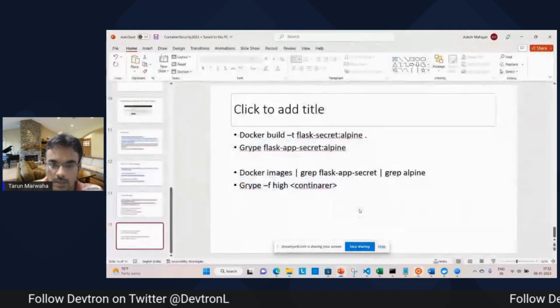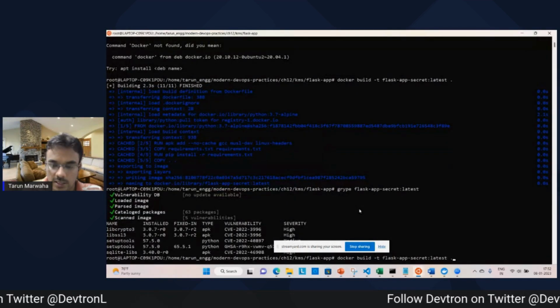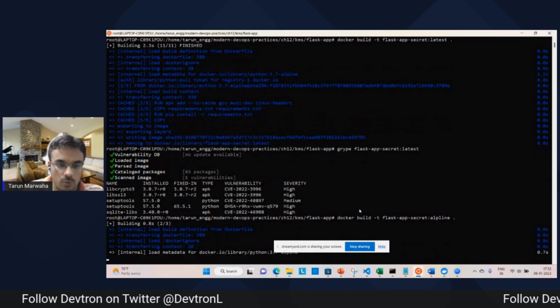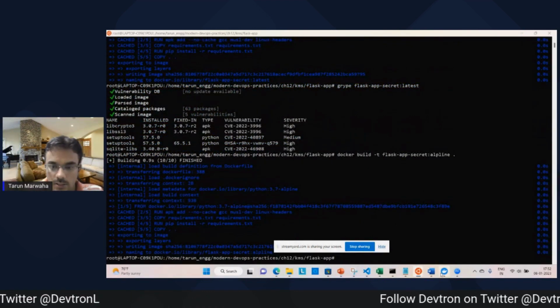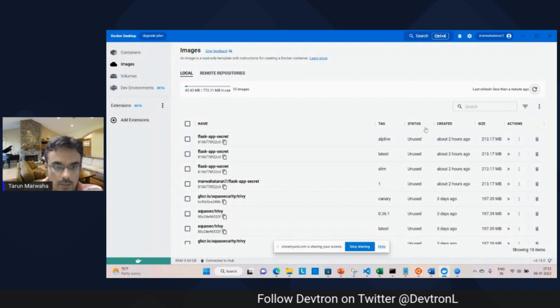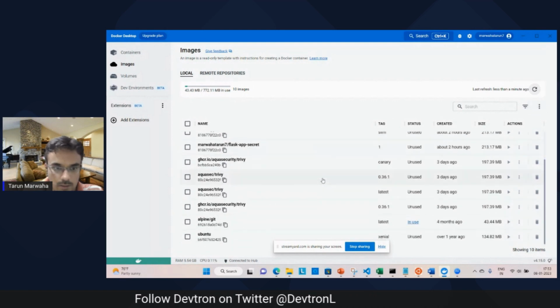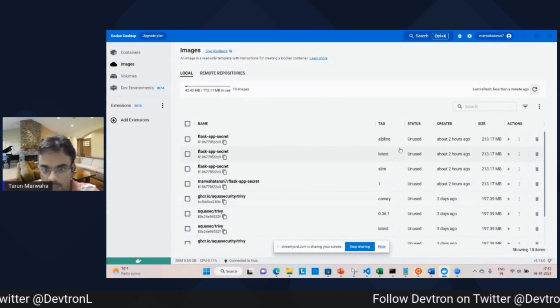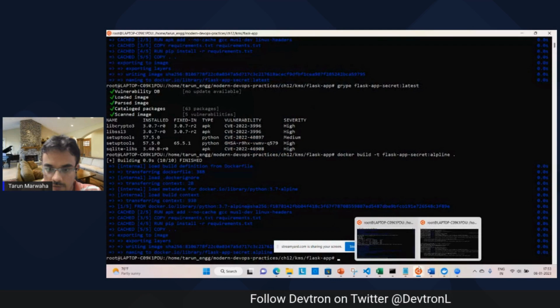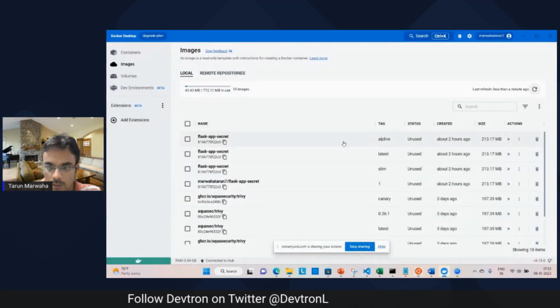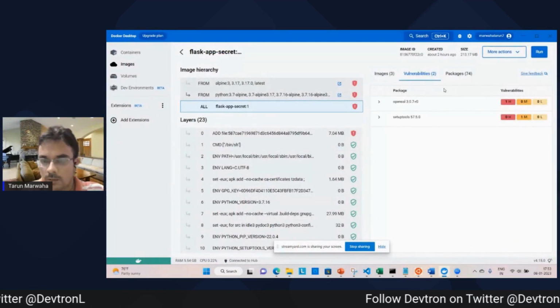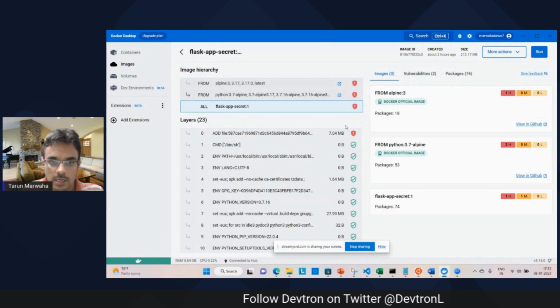And this is latest, and the secret, when we have the helpline part of it. So these are some of the tools, and I have just pushed it and we'll try to refresh it. So Alpine Git, you can see the latest one, right? And this is the Alpine one, the latest one, which I have just built. So this is the latest one, and again there are two vulnerabilities and a different